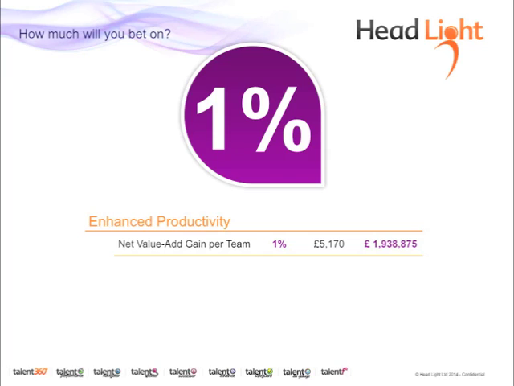which is to say the net value add per team was £517,000, which is the difference between their employment costs and their revenue that could be attributed to their activities, then 1% of that is just £5,170 per team. Now, of course, that's not the whole picture, and there are 375 teams out there. So that adds up to close to £2 million worth of potential net productivity improvement by doing maybe 1 or 2 of those things around SMART goals or team-based objectives and cascading and these types of things.